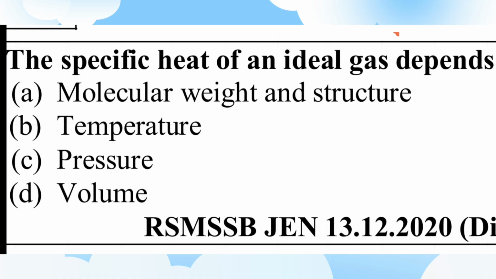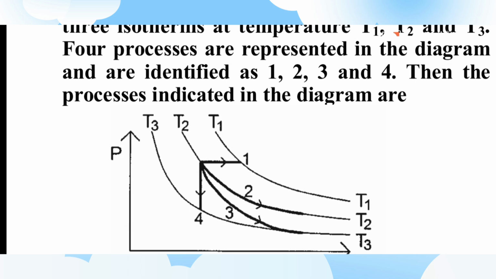A, molecular weight and structure. जैसे मोनोएटॉमिक के लिए होता है 1.67, डायएटॉमिक के लिए होता है 1.4 एंड ट्राइएटॉमिक व पॉलीएटॉमिक के लिए होता है 1.33।